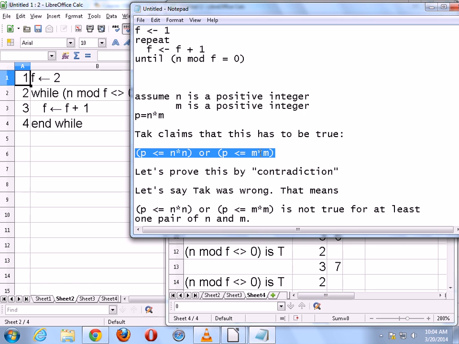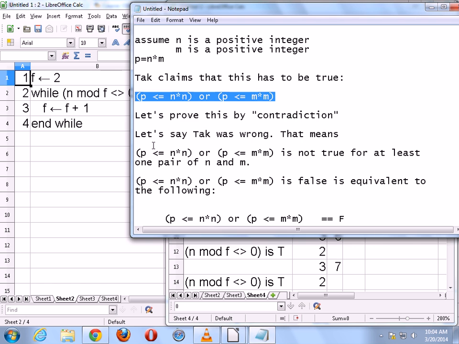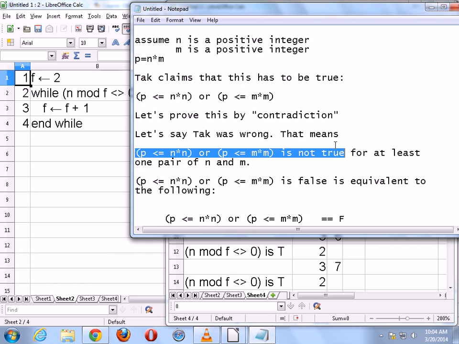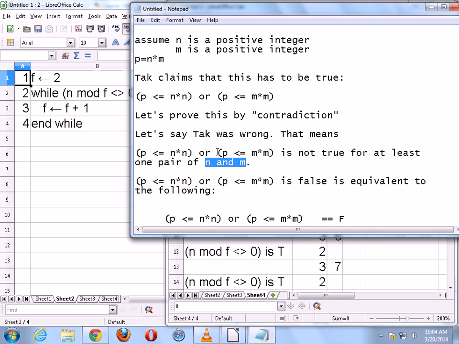So we started out with this one, okay? We started out with what I actually want to prove to be true, and then we apply the technique of proof by contradiction. The process of proof by contradiction is to negate the claim first, to say that it is not true for at least one counterexample. Let's just say that you can find a particular value of n, a particular value of m, such that the original claim was wrong. I don't even care about the exact value, I just know that it exists. Just the existence of n and m already suffices.